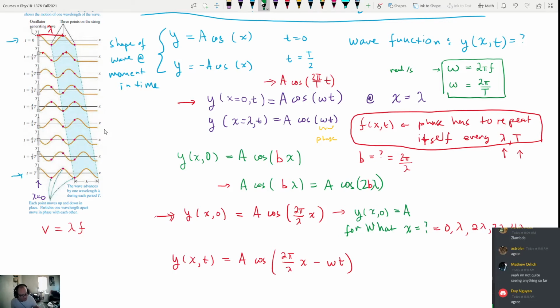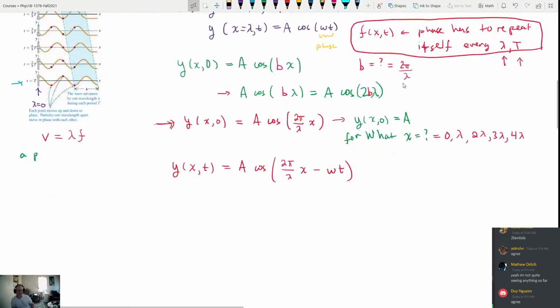So what they say is basically that the wave travels from some point x equals 0, from some point x to the right of the origin in an amount of time given by x over v, okay? So a point on the wave, I'm probably going to run out of space right here, so I probably have to go down a little bit. So a point on the wave